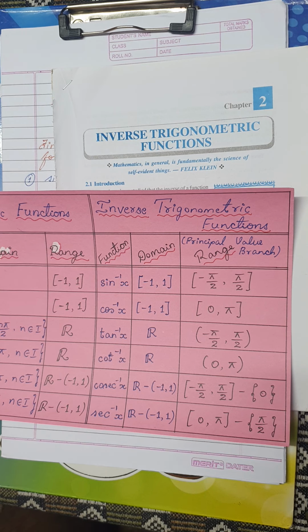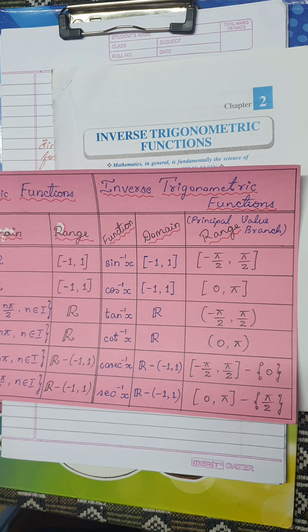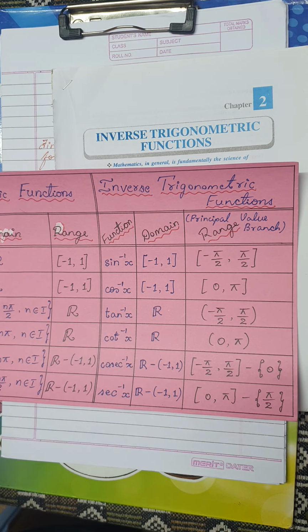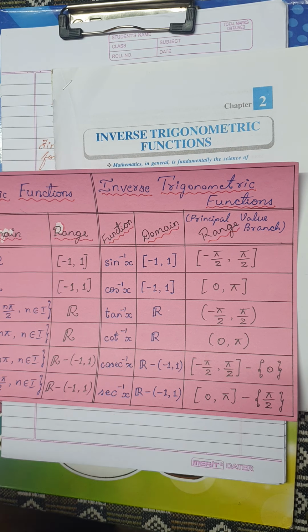Remember, friends, this is a very basic question. Many times in your main exams they ask you to directly write the domain or the range of any given inverse trigonometric function for 1 mark. So if you are thorough with the functions' domain and range, you can easily get the 1 mark question, because sometimes it is a direct question to find the range and domain of the inverse trigonometric function. Okay, let's just get on.